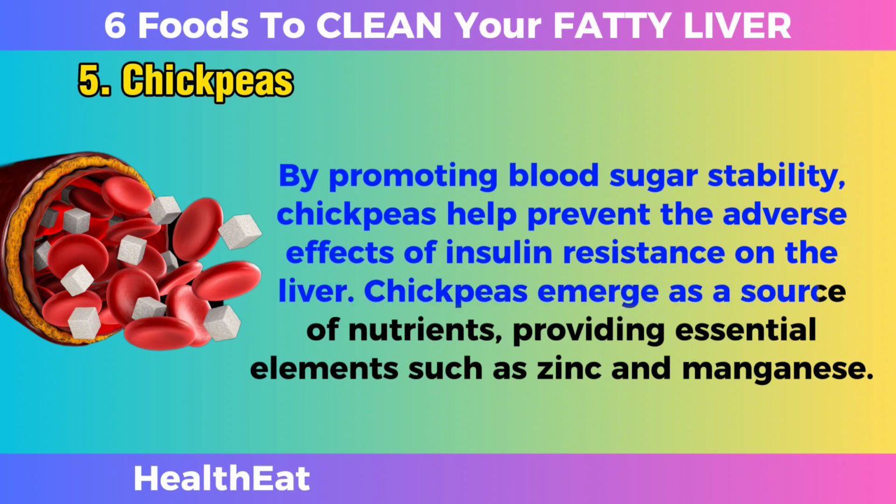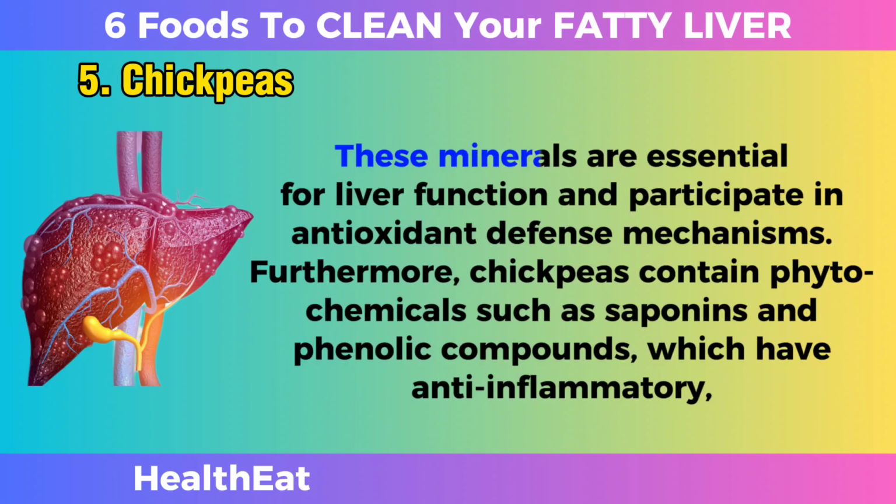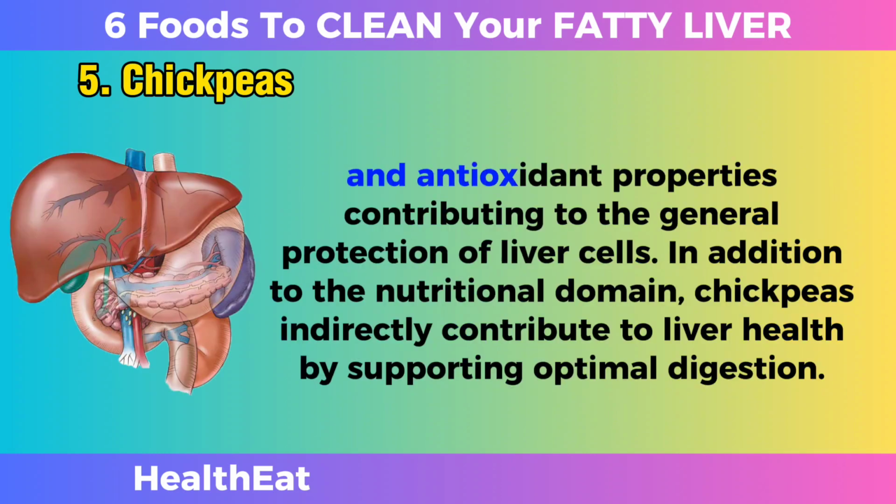Chickpeas emerge as a source of nutrients, providing essential elements such as zinc and manganese. These minerals are essential for liver function and participate in antioxidant defense mechanisms. Furthermore, chickpeas contain phytochemicals such as saponins and phenolic compounds, which have anti-inflammatory and antioxidant properties, contributing to the general